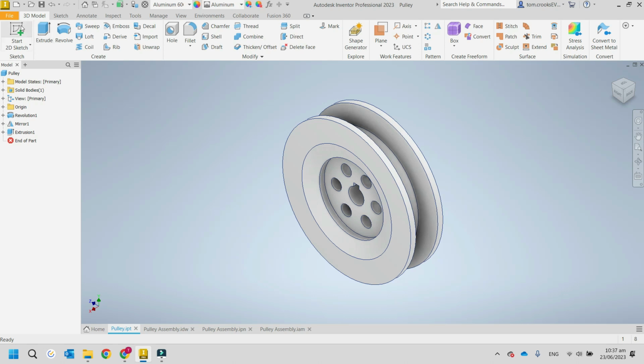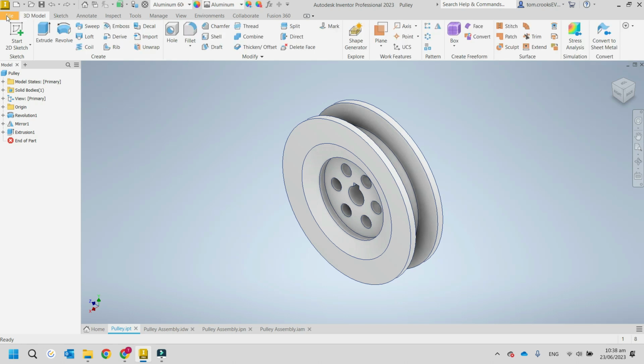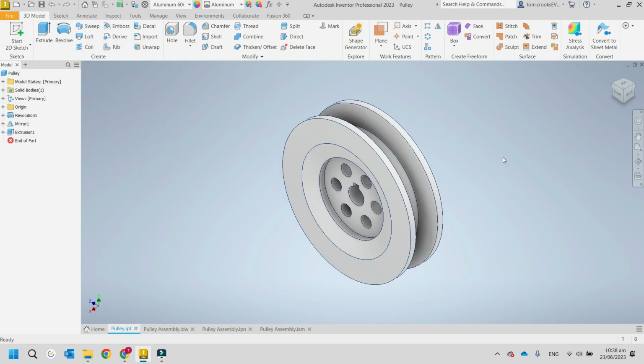We've got start sketch, and we've also got sketch here. So that's 2 ways of going about getting into sketch. So this is the start sketch. On a new drawing with no parts being drawn up already, if you click on that, it's going to show you some planes that you can select. I usually will select the XY plane,